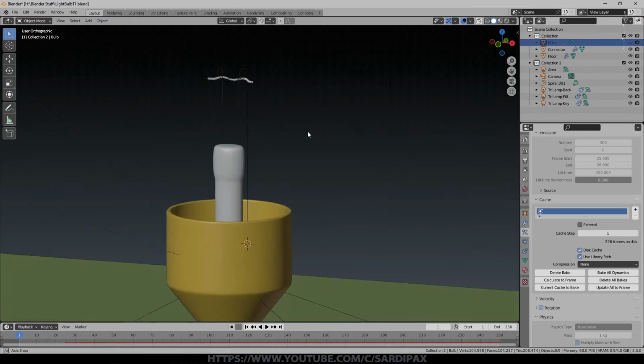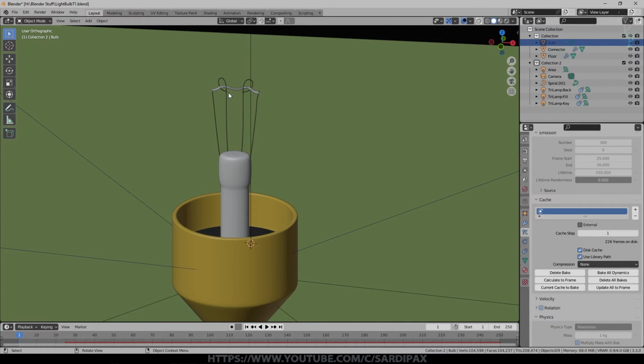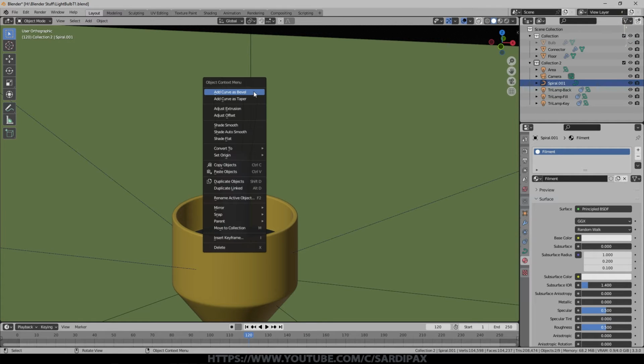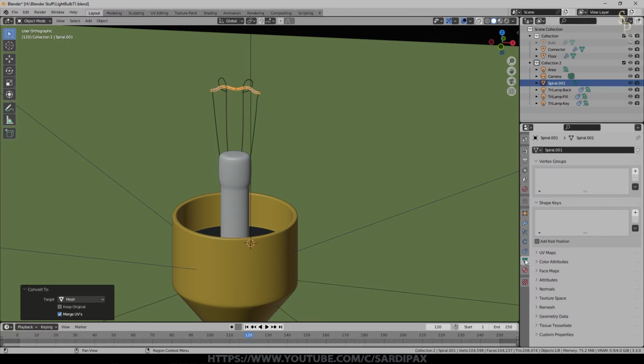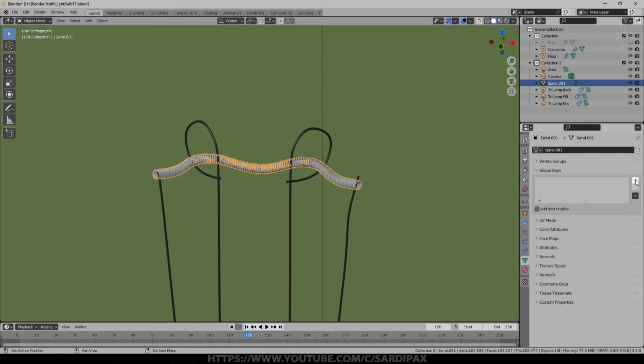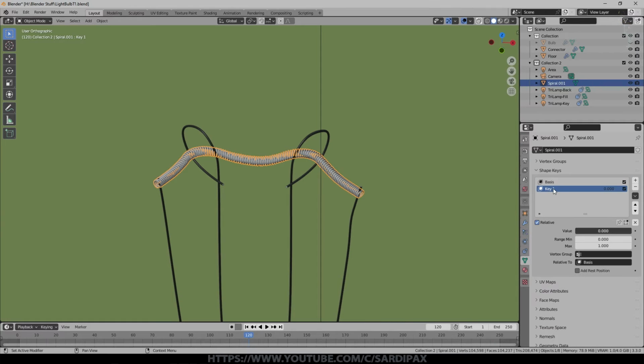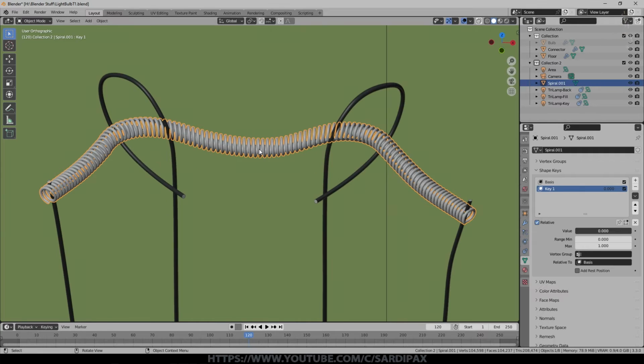So I think what we'll do at this point is do the animation of the filament breaking. So in order to do that, we're going to need to convert the filament to a mesh first of all. So I'm going to right click the filament and just say convert to mesh. And now we can select object data properties here, and we can add a shape key. Minimize that. We'll click here and we get the first shape, the basis, which of course is the starting point for the shape of this mesh. And then we'll click again and we get key 1, which is for our purposes the end point for our shape.